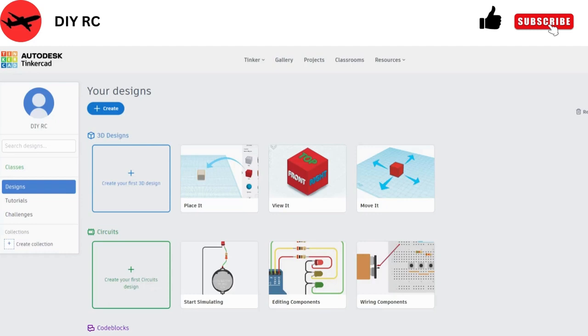Today we're going to have a look at Tinkercad. So we've already gone ahead and created our Autodesk account, and we've signed in. It's really simple. You just hit sign in on the home page. You create an account through Google, put in your birthday, and that's all. So we're going to create a 3D design,